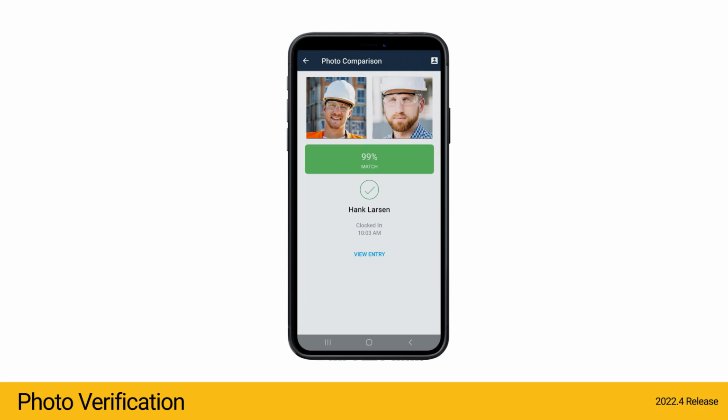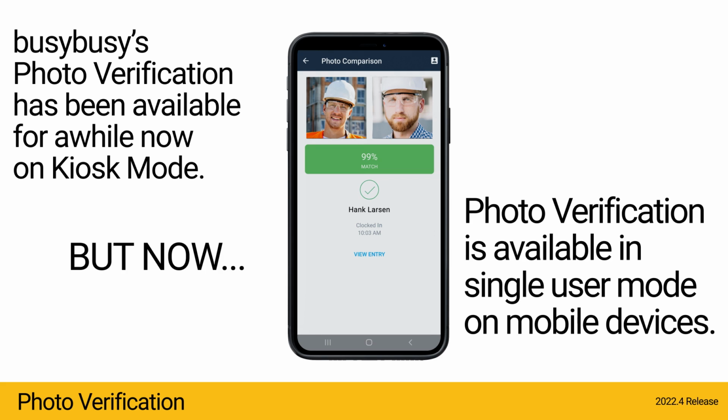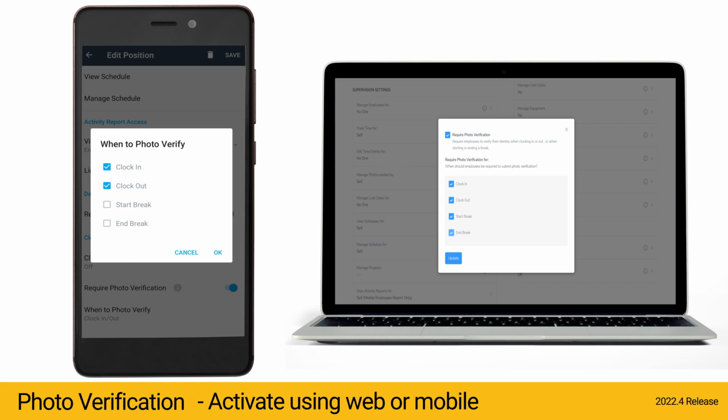Some of you might be familiar with photo verification. It's something that BusyBusy has had for a while now on kiosk mode. But now, with our new 22.4 release, it is now available in single user mode on mobile devices in addition to our kiosk mode. You can activate photo verification using either the web or on mobile, and the steps are